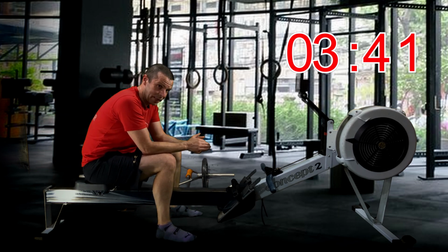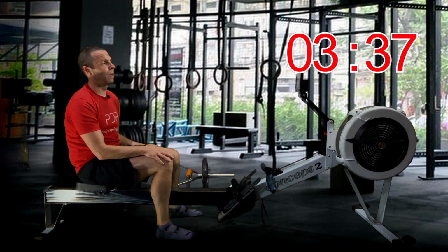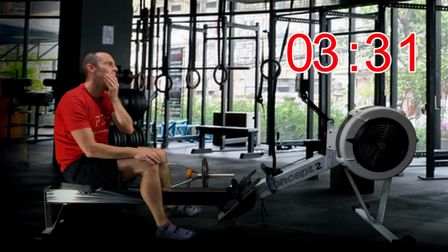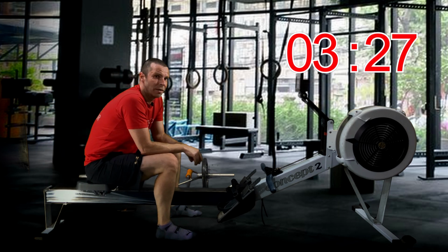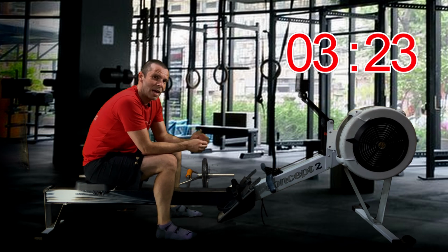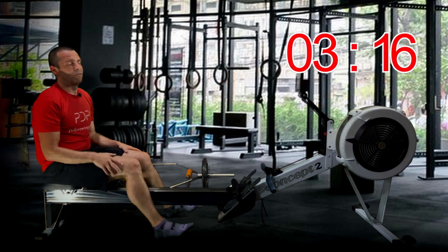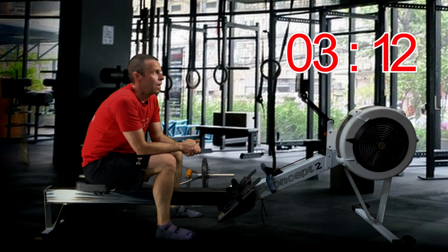And it's all about, like I say, exposure to intensity or hardship. You ease yourself through it, which helps with everything from technique to cardio to fortitude. Then towards the end, that's the part that really lends itself to actual 2K racing, because you're starting to get quite ragged in terms of breathing, your muscles are starting to fire,